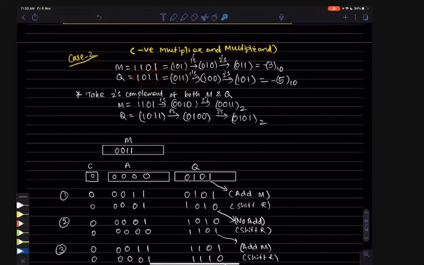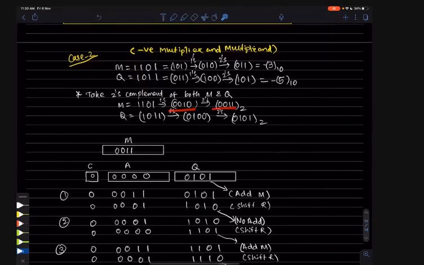To know what these two numbers are, we can do the 2's complement, and at the end we find that one is -3, another one is -5. These are the two numbers, as given in the question. So the first step is to take the 2's complement, because we have seen that the sign bit is negative for both. So let's do the 2's complement.